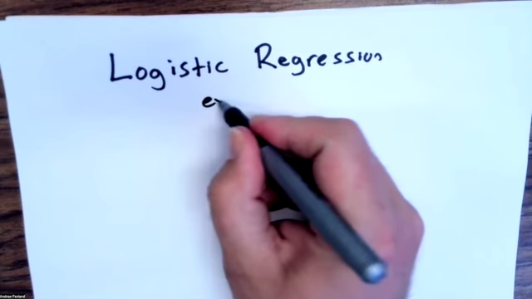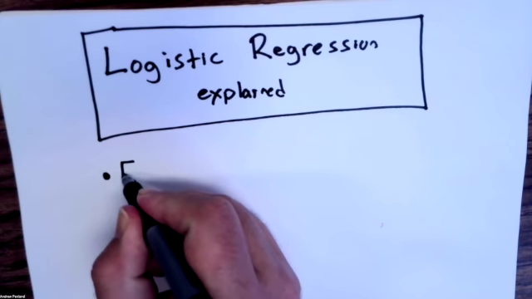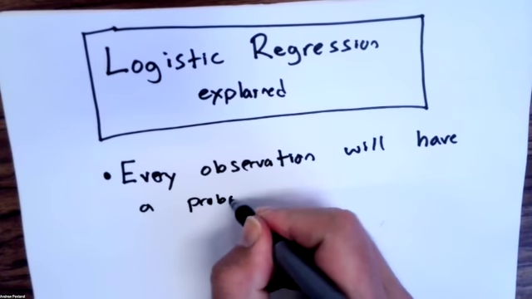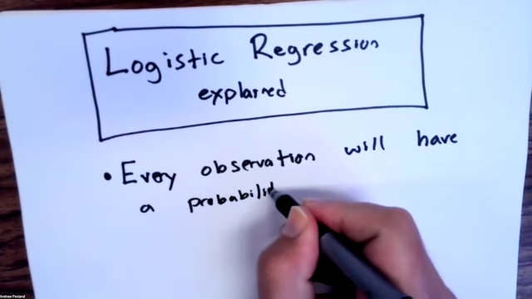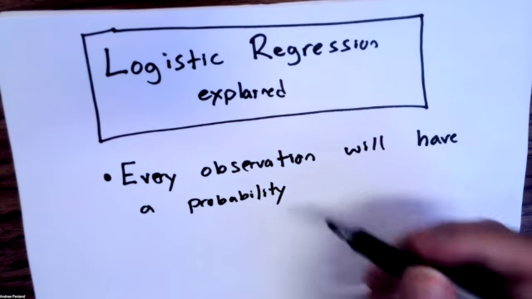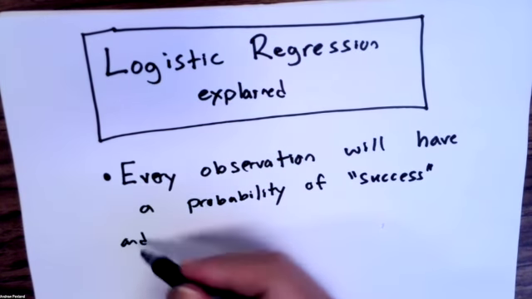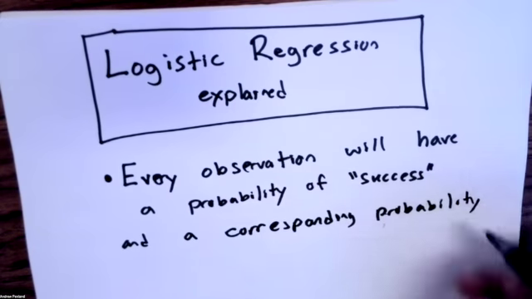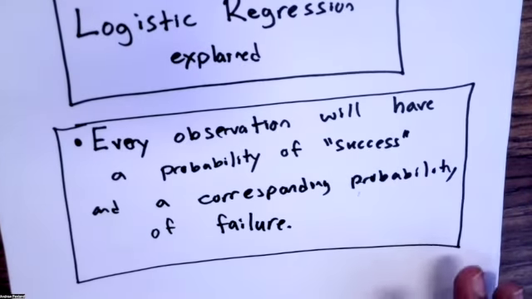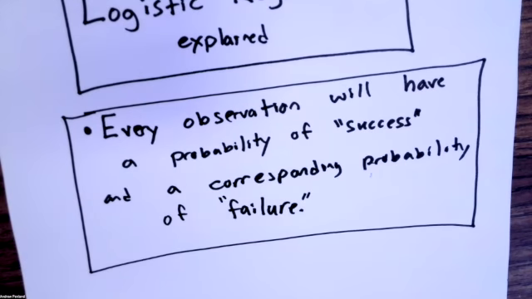Logistic regression explained. Every observation that we encounter will have a probability of being what we call the success class, or one, or yes, or whatever, however we're labeling it, and a corresponding probability of failure. And what we'd like to do is create a function. We want a way to separate things that are likely to be success from things that are likely to be